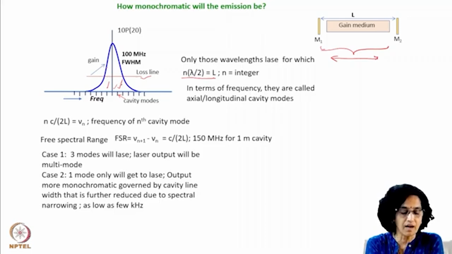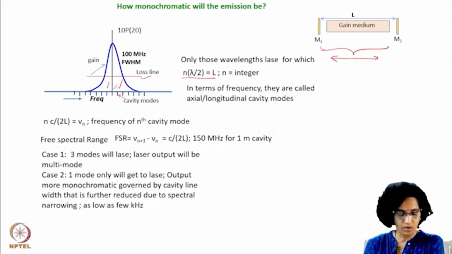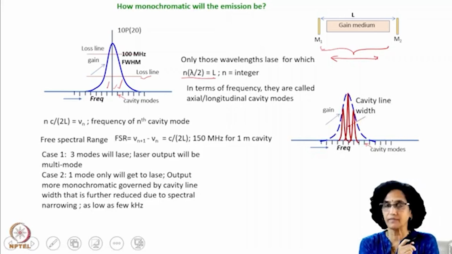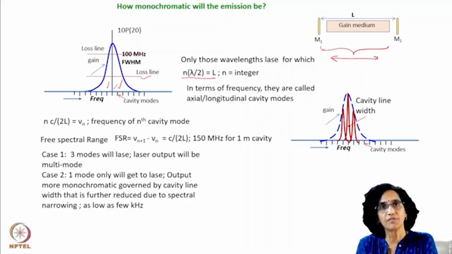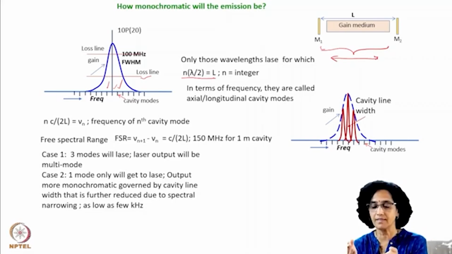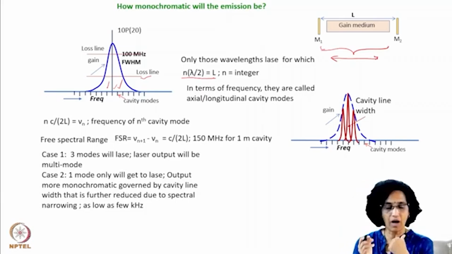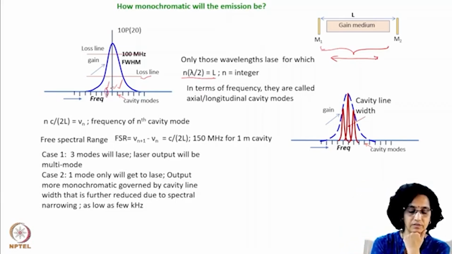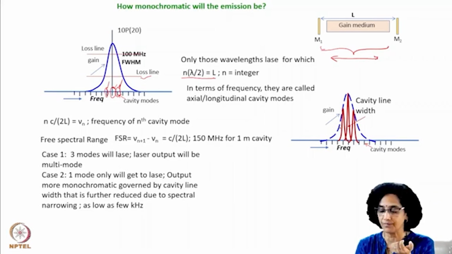So these are the three modes that can lase in this kind of system, and therefore your emission may be somewhat like this. You have three cavity modes, and maybe all of them tend to lase. So you have multiple axial longitudinal cavity modes lasing, and therefore you have multi-mode lasing. This is called multi-mode lasing. Now, I have said that these are three frequencies. Then why am I again showing a broadening here? That is called